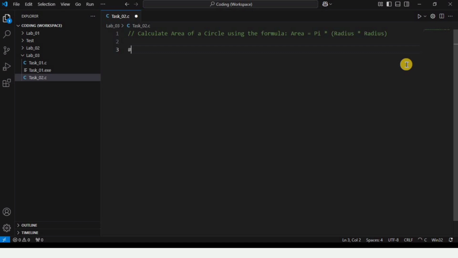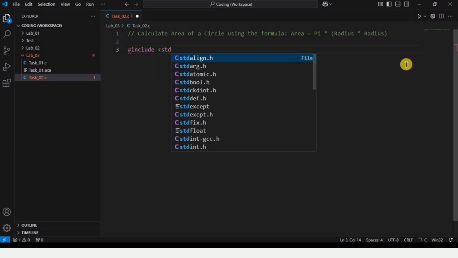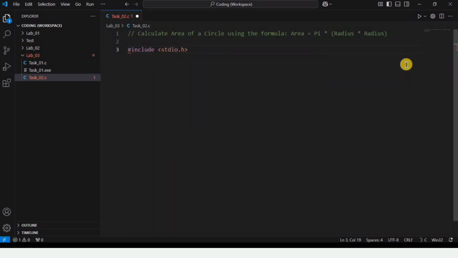So first I am going to include the standard input output library. For that I am writing #include <stdio.h> within these angle brackets, and after that I am writing the main function which is int main, and then I am adding these curly brackets and typing here return 0